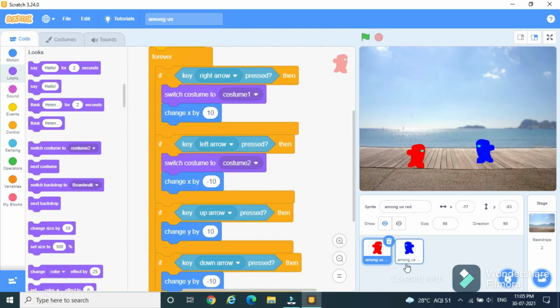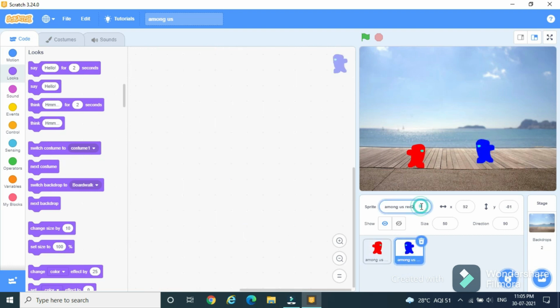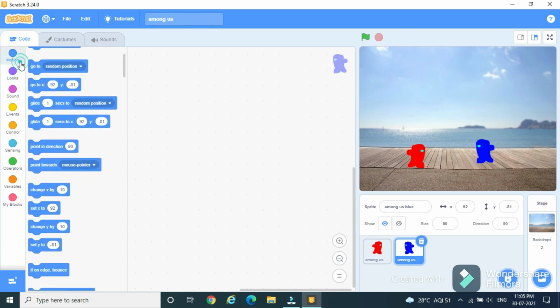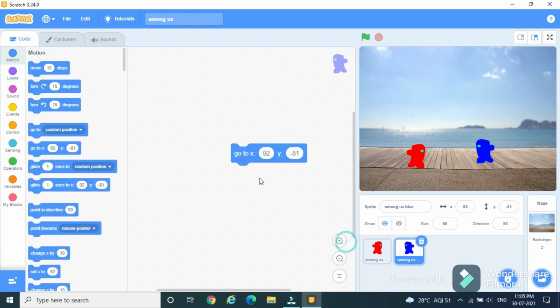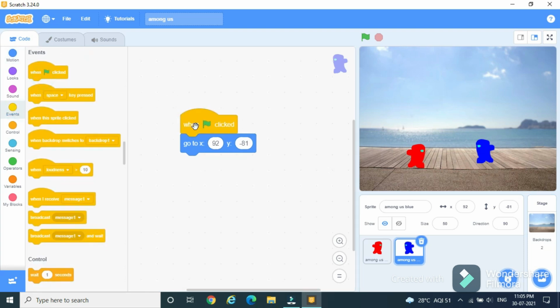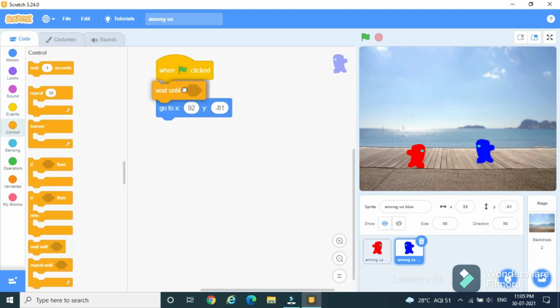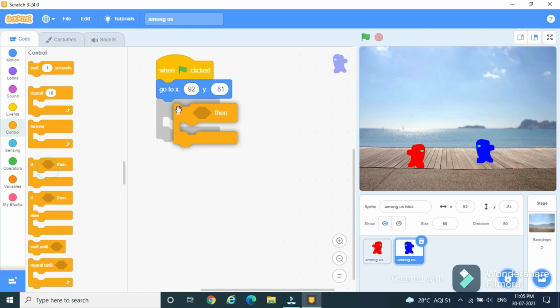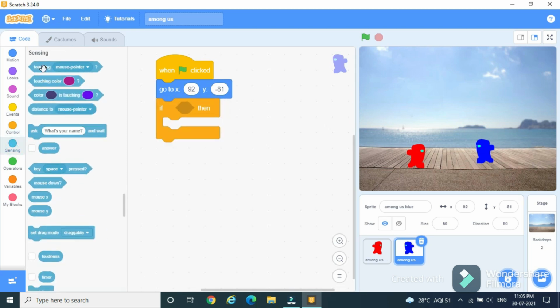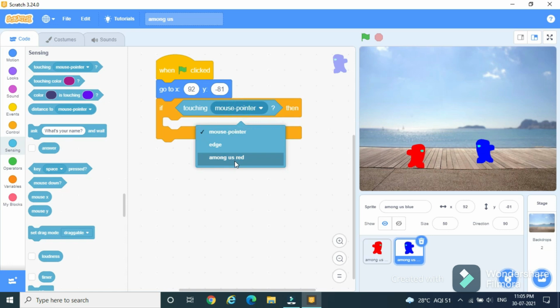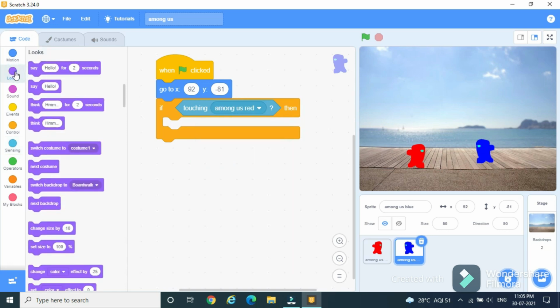Now let's go and create the red Among Us is the imposter, and let him kill the blue. So now let's go to motion and go to X. Now let's set our position. Now it's in 92 and -81. Go to events, when flag clicked, and then we'll go to control, in the if then statement, sensing if touching Among Us red, then go